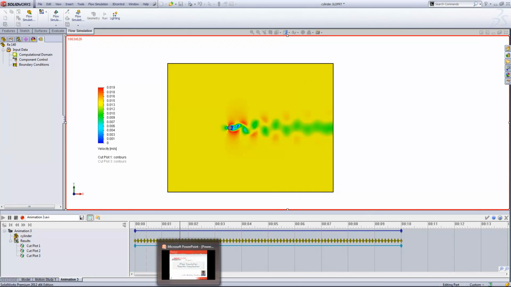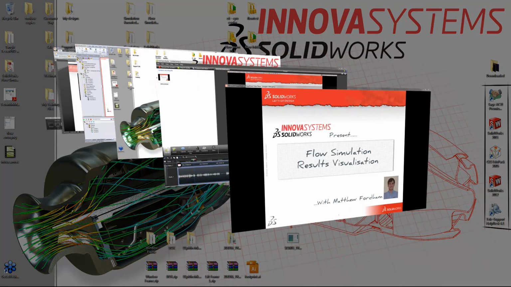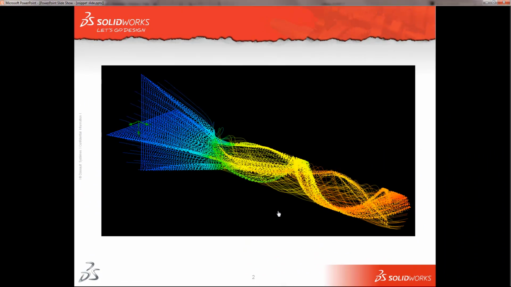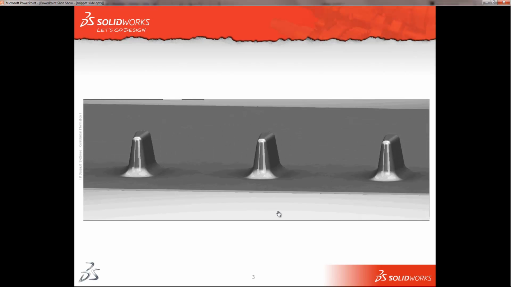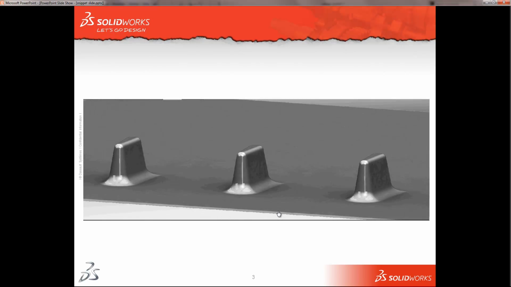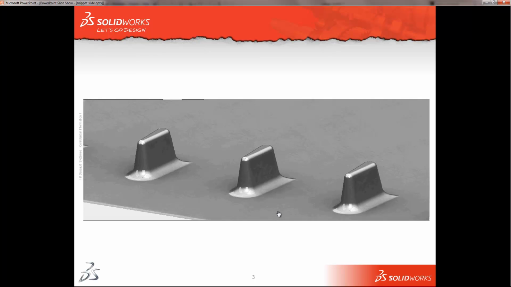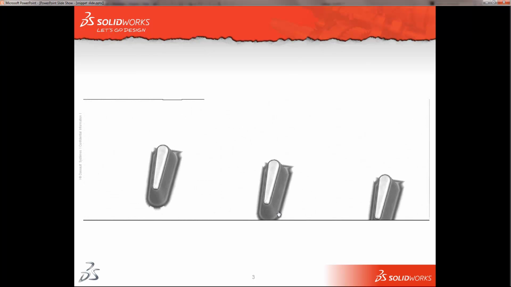So now let's just switch back through to my PowerPoint, and you can see, so there, that's our first flow visualization. It's a really nice visual way to present your results to someone. Switching over, so saying here we've got turbulators that you might see on the top of a car or something like that,